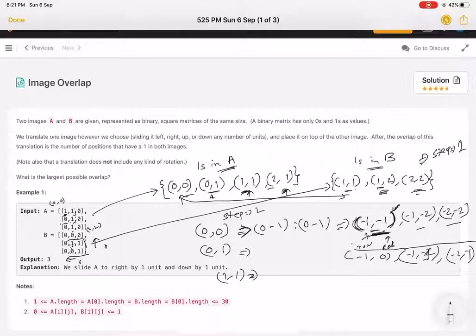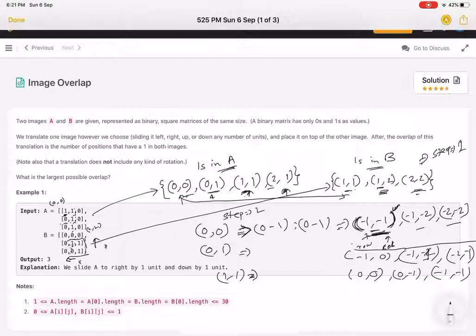Now let's do it for this one, 1 1. For 1 1, first we get 0 and 0. You always remember we were subtracting row to row and then column to column. Then 1 to 2 we get 0, then minus 1, and then minus 1, and then minus 1.